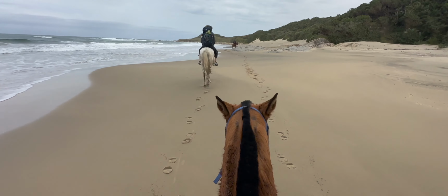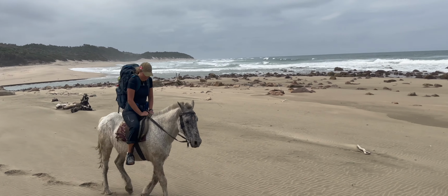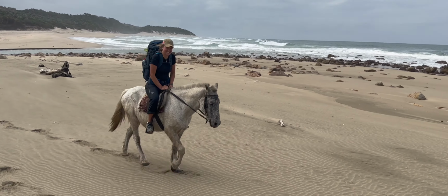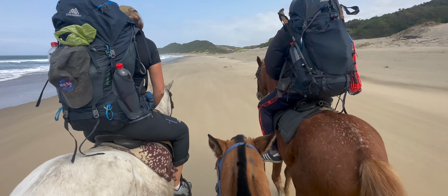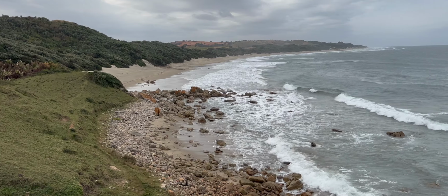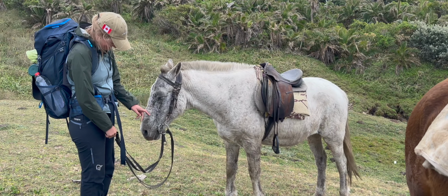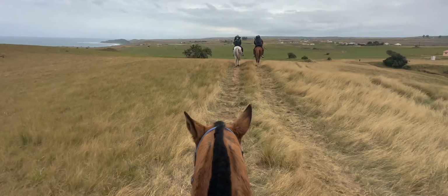This was by far one of the most scenic hikes I've ever done, and during our 4 days we only passed one group of hikers. When it comes to hiking this section of the Wild Coast, there is an option for anyone wanting to do it, whether you want to slack pack on a fully guided and catered trip, all the way down to